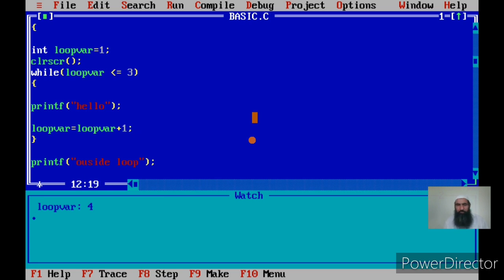Now let us implement the first example, in which the first term was 0. Then what I did, in this loop, instead of printf, I will generate the term.